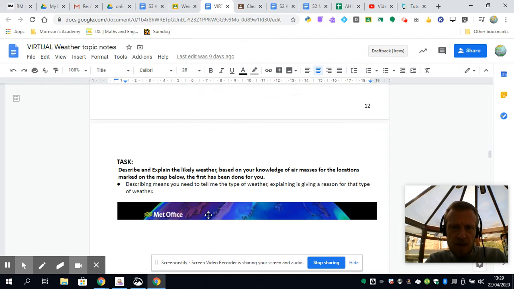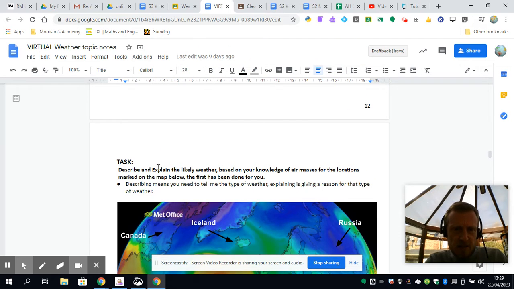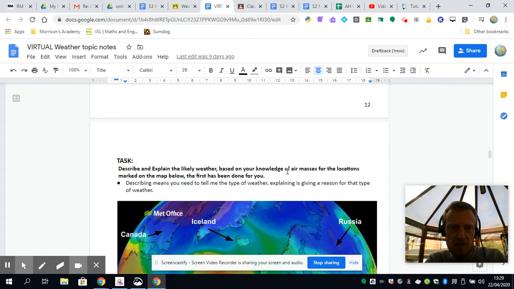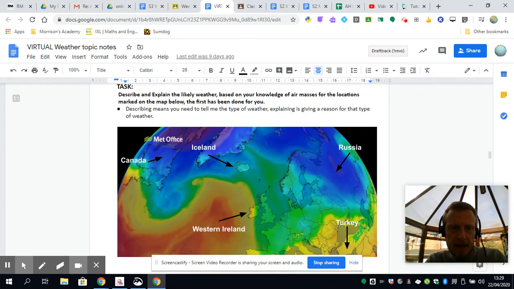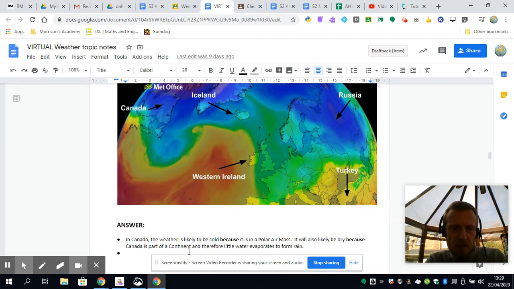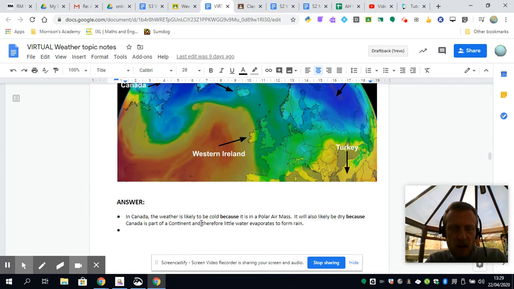So if we just go further, once you've read all of this, describe and explain the likely weather based on your knowledge of air masses for the locations marked on the map. Okay, and Canada has been done for you. Now, describing is just saying what the air is going to be like. Explaining is because it's part of a certain air mass. So if we just have a little review of Canada,